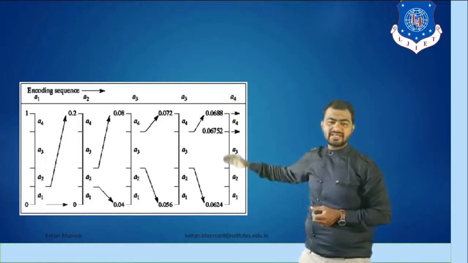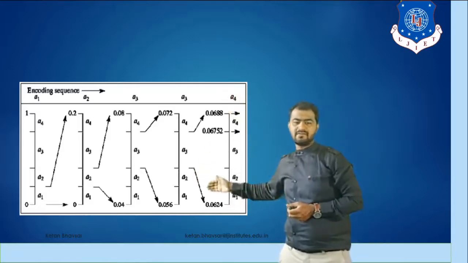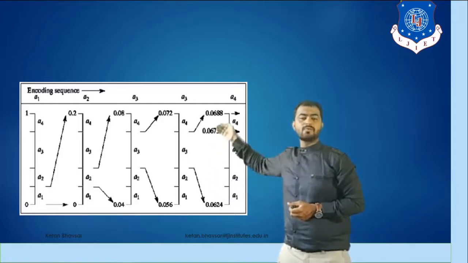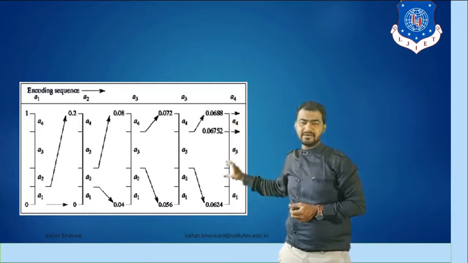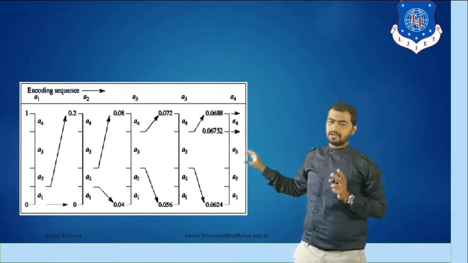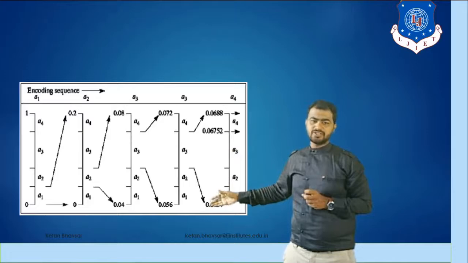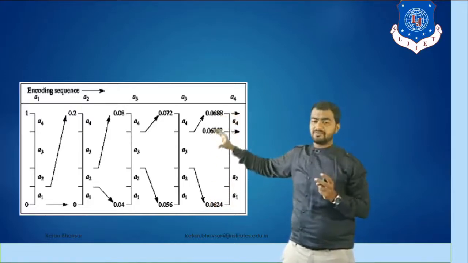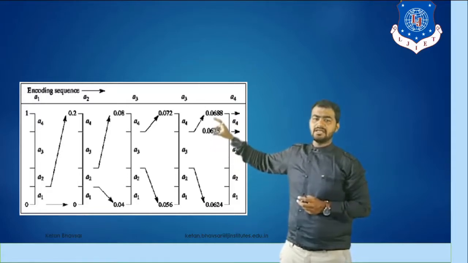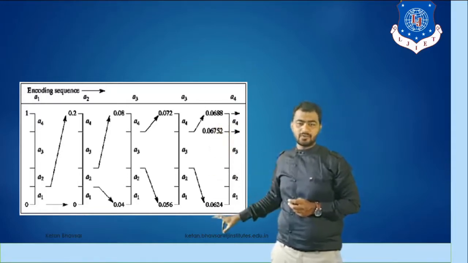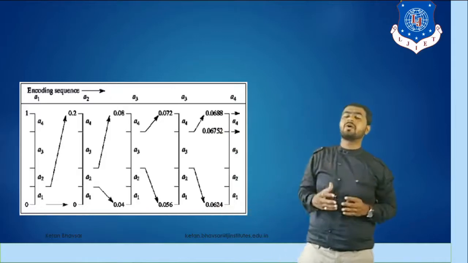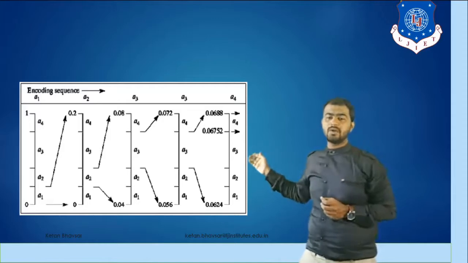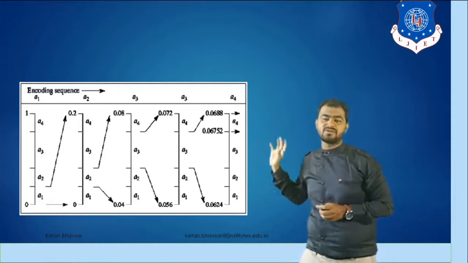Now similarly, as you can see, we start from 0 to 1, then we have a range of 0 to 2, then again we apply similarly terms from 0.04 to 0.08. Then we have to take the A3 term, because A3 is the third terminal, so 0.056 to 0.072. Again we have to take A3 because A3 occurs two times, so A3 again, as you can see, is 0.0688 and 0.0624. So this process goes on as many times as the number of symbols you have.